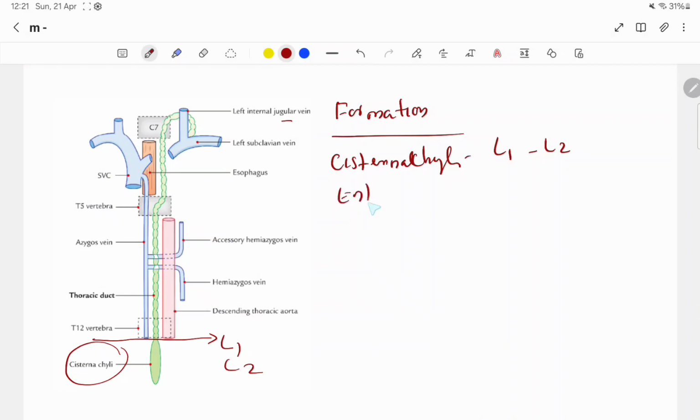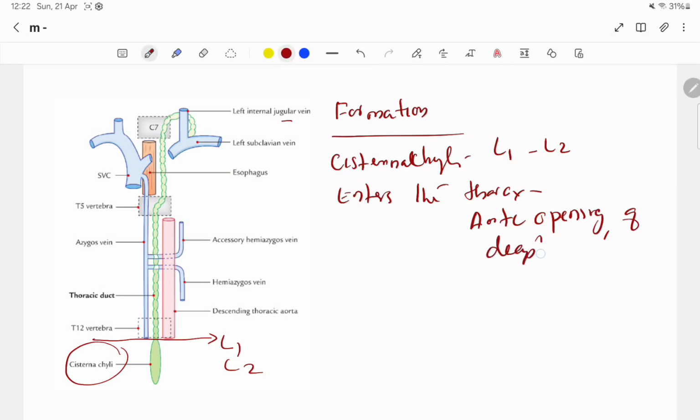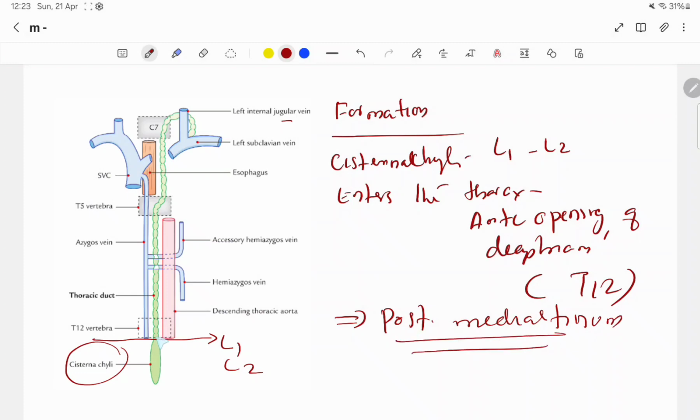Next point, it enters the thorax through the aortic opening of the diaphragm, which lies at the level of the 12th thoracic vertebra, T12. Now the thoracic duct is in the thoracic cavity. It ascends upwards, and in the thorax it lies in the posterior mediastinum. It ascends upwards in the posterior mediastinum, and on reaching the level of the 5th thoracic vertebra,